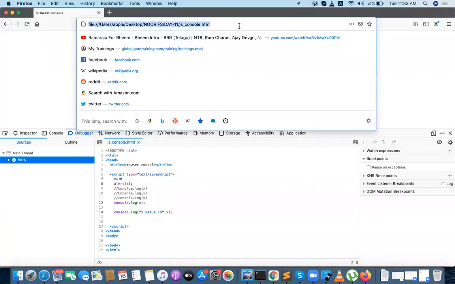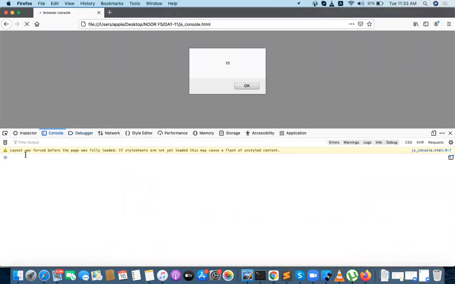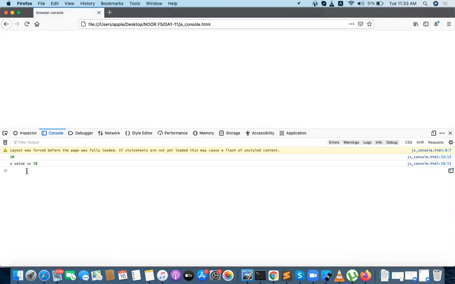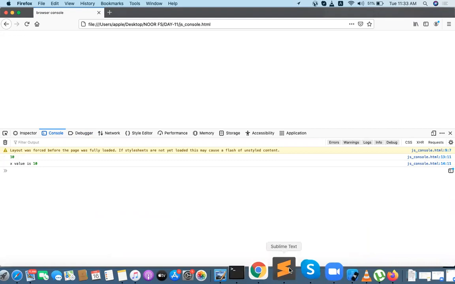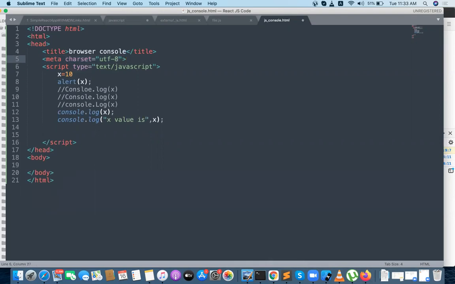Firefox is very, very sensitive and gives you the proper issues. Now the issue is gone. We need to mention the meta charset UTF-8. That is part of HTML, but that is not an error.